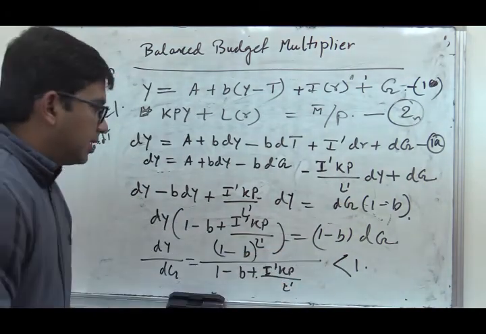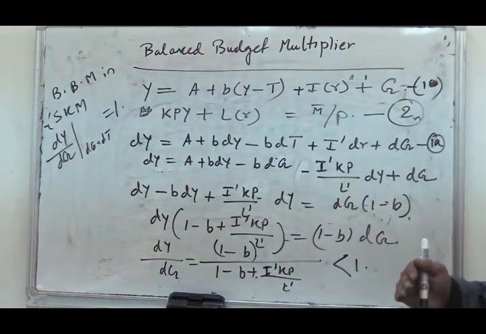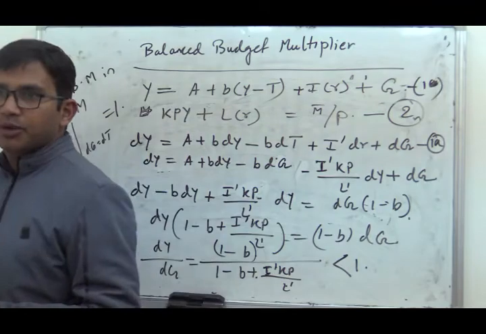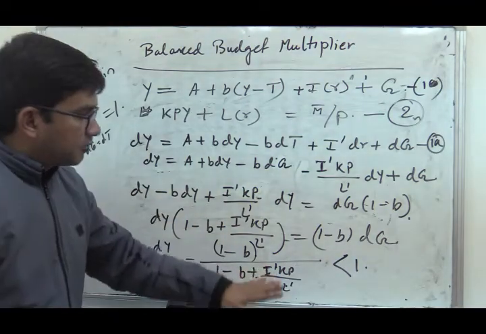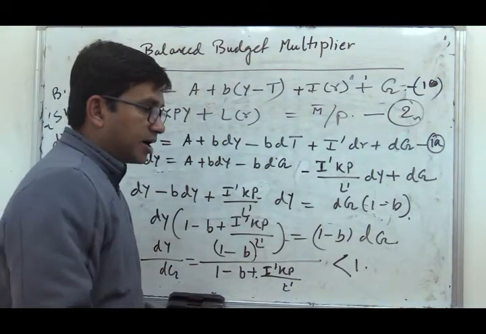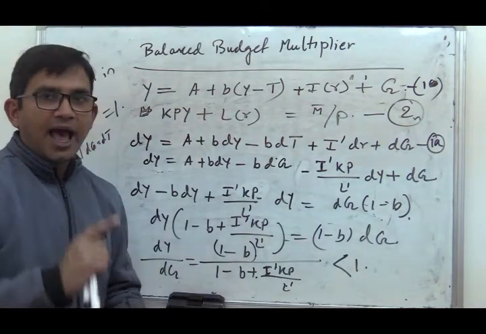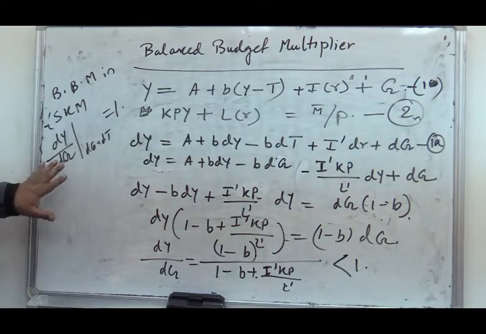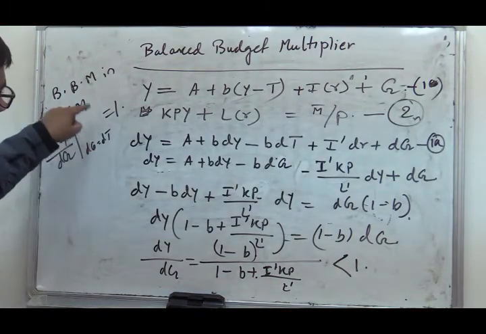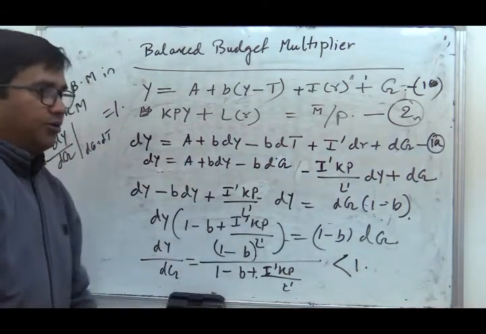In the ISLM model, the simultaneous equilibrium model with commodity and money market, whenever there is any type of expansionary fiscal policy without any supporting monetary policy, it will always increase the aggregate demand and create an excess demand situation in the money market. If it is not supported by proper money supply, the rate of interest will rise and there will be a crowding out effect. That's why the value of the balanced budget multiplier in the ISLM model is less than 1, whereas it equals 1 in the simple Keynesian model. This difference arises due to the crowding out.